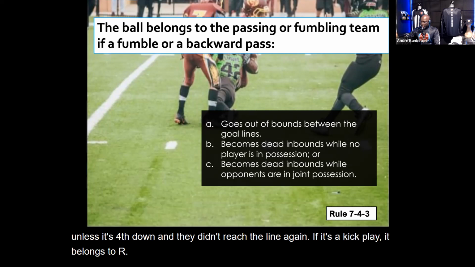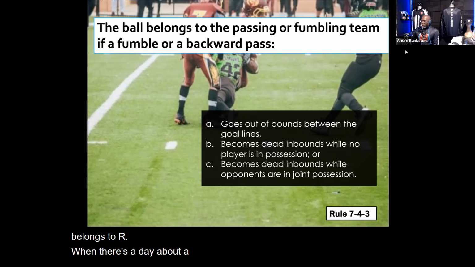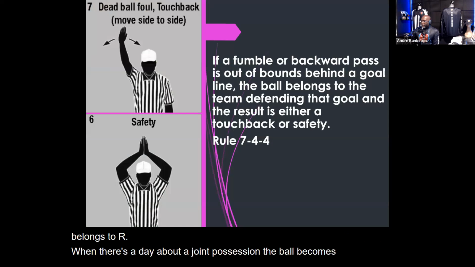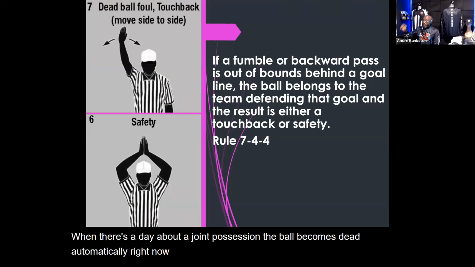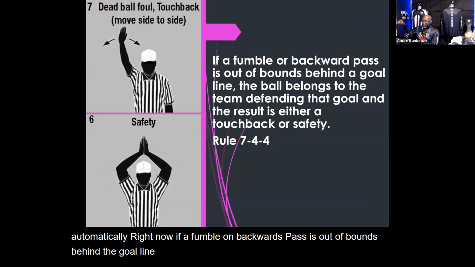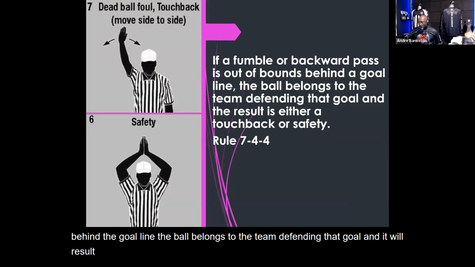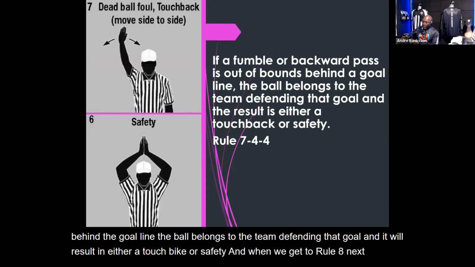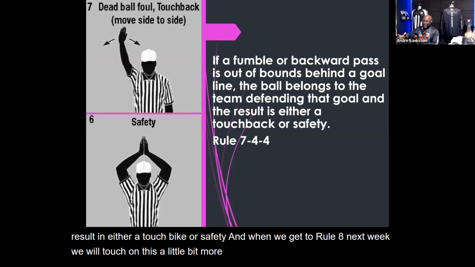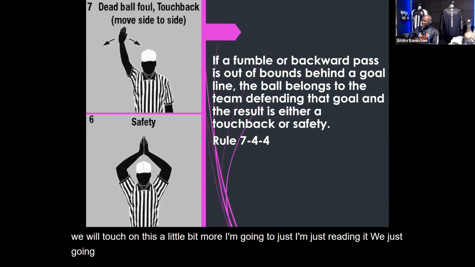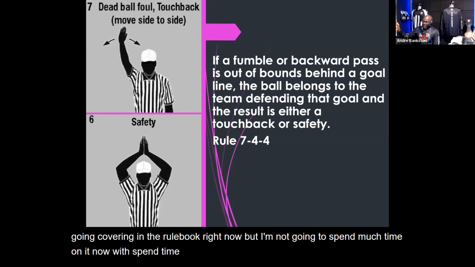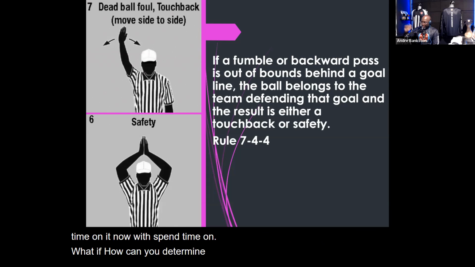When there's a dead ball, a joint possession, the ball becomes dead automatically. Now, if a fumble or backwards pass is out of bounds behind the goal line, the ball belongs to the team defending that goal, and it will result in either a touchback or safety. When we get to Rule 8 next week, we will touch on this a little bit more. I'm just reading it, just covering it in the rule book right now, but I'm not going to spend much time on it now. We'll spend time on how you can determine if it's going to be a touchback or a